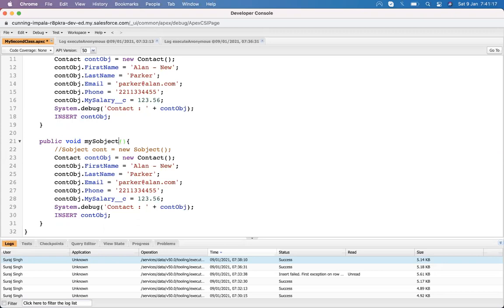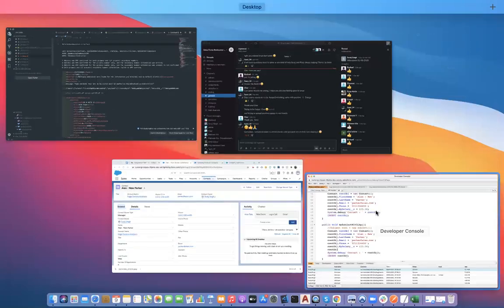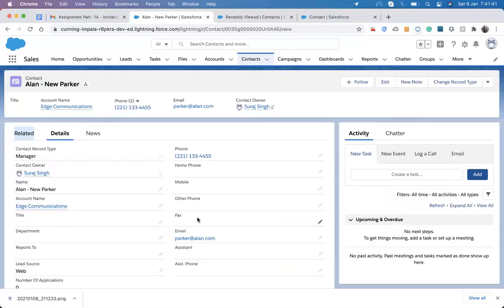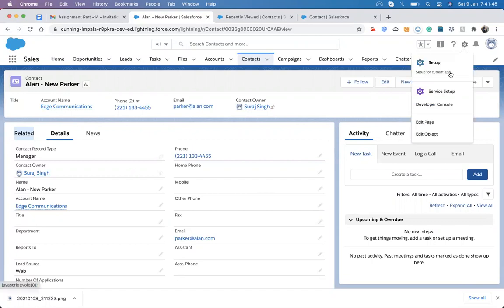So, SObject with lookup. Let's make this LKP lookup. So for SObject with lookup, I'm defining a method. I'm using the same thing, just adding a contact object. Now, for populating a value into a lookup field, I first need to take a look at how the lookup field looks inside the field definition. So let's go to the fields and relationships of that object.